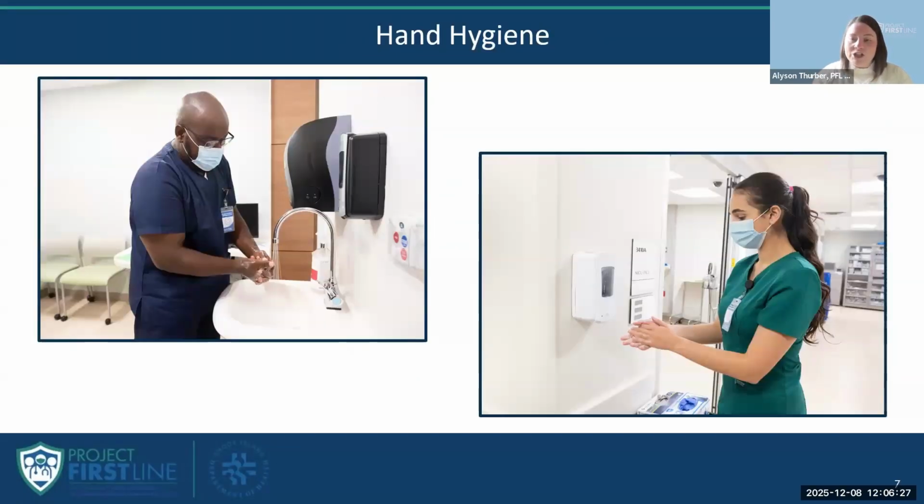So first, we have hand hygiene. Cleaning your hands with soap and water or alcohol-based hand sanitizer is the very best way to prevent infection. In the healthcare settings, in most circumstances, alcohol-based hand sanitizer is the preferred method of hand hygiene. So I will keep this slide really brief as we are going to review hand hygiene in depth shortly, like we discussed in our initial agenda.